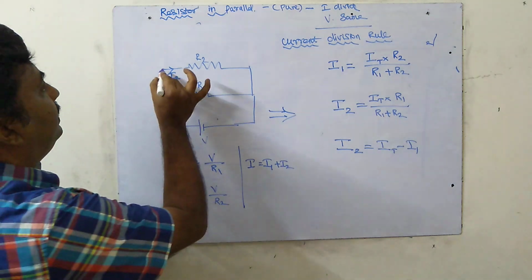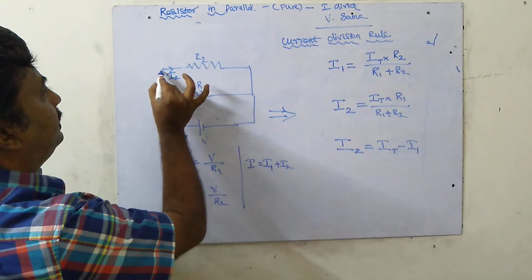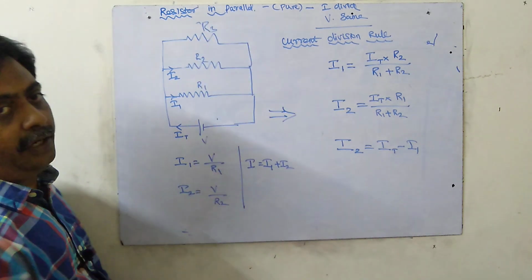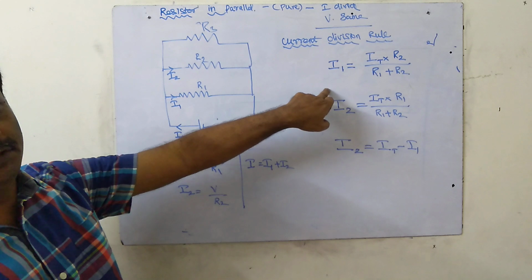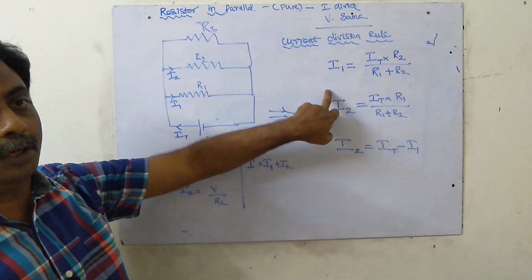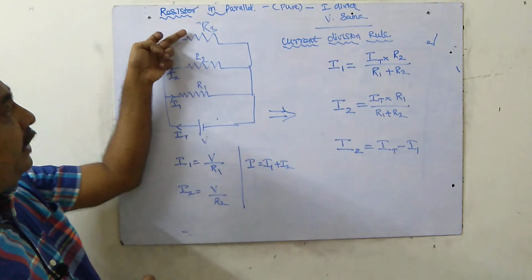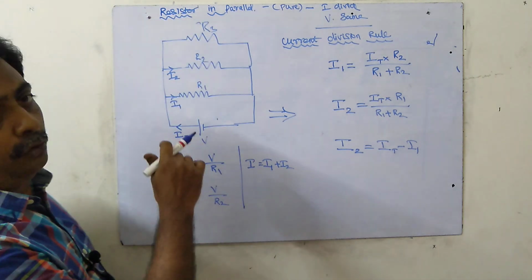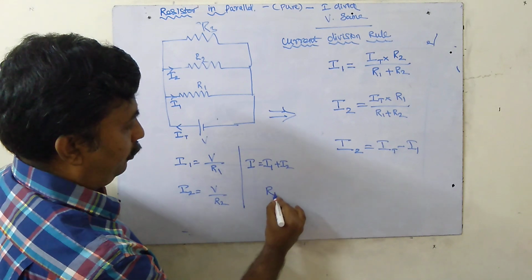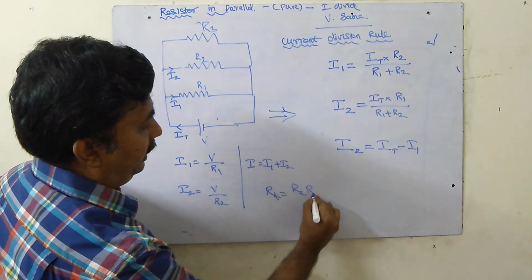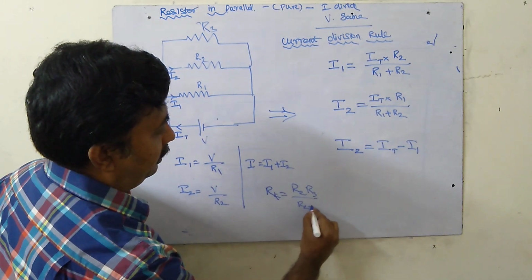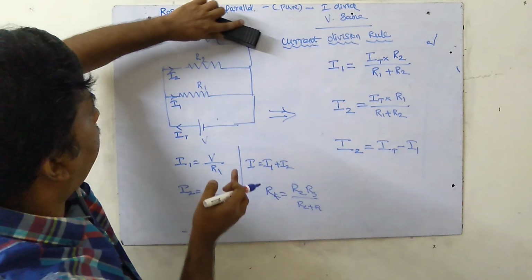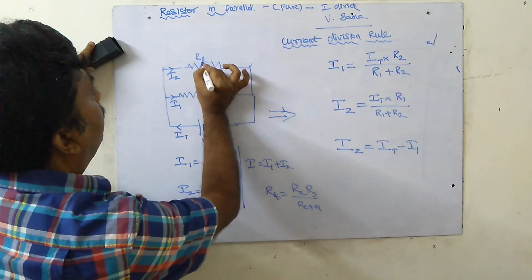Suppose I am having three resistances like this, here having R3. What do we have to do? If three resistances, how to apply current division rule? It is very difficult to apply current division rule directly. At that time, we have to solve it down to two resistances. R2, R3, if I solve, I will get R4, that is R4 equal to R2 R3 divided by R2 plus R3. I have to solve and get two resistances only. Here I am having three resistances, and this I have to convert into R4.